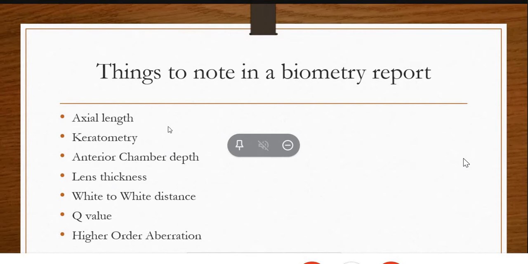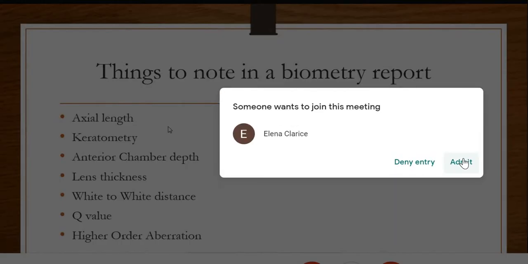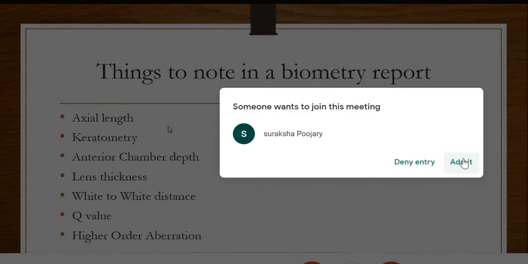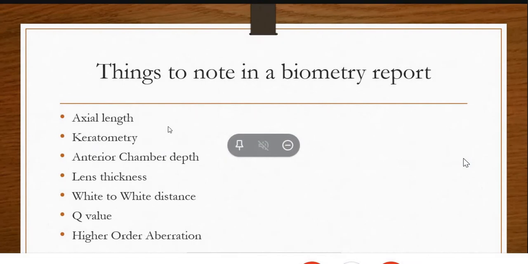And then the white-to-white distance is very important in cases of corneal diameter. Why corneal diameter is important is that whenever the surgeon is doing a surgery, they will make the incision mostly on the cornea. But in cases of reduced corneal diameter, like a microphthalmic eye, the cornea will be very small. In that case, the doctor will not make a clear corneal incision. Instead, he will do a scleral tunnel surgery. Scleral tunnel is the major incision, from where the doctor injects the IOL, which he will put on the sclera, not on the cornea.